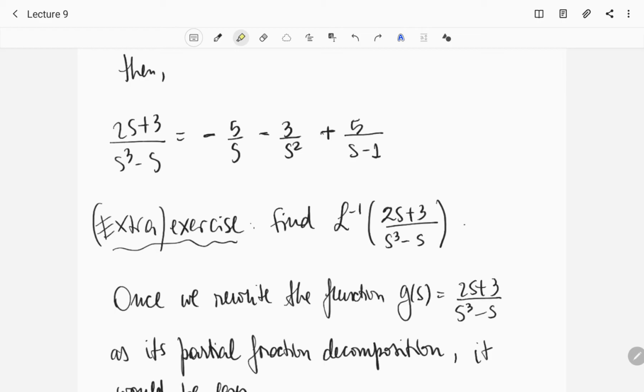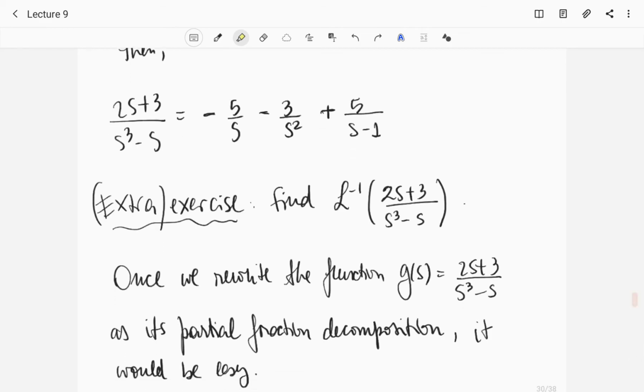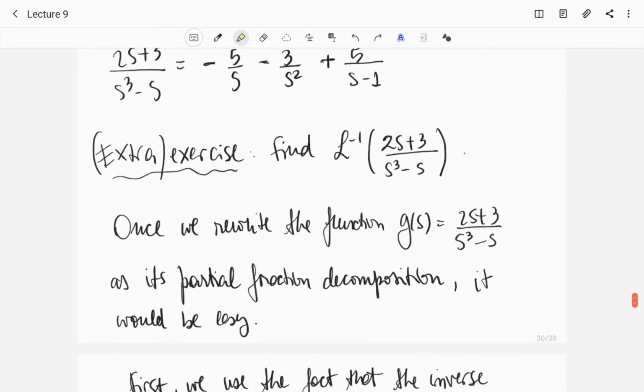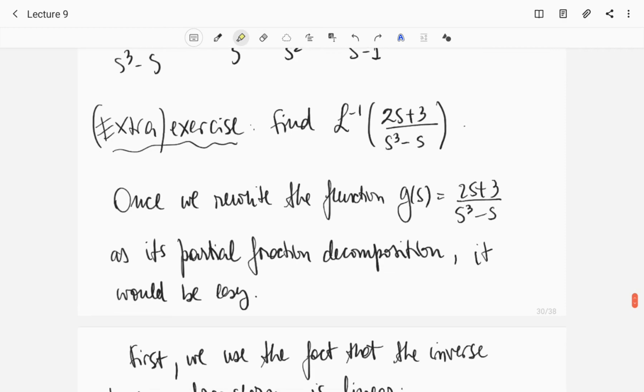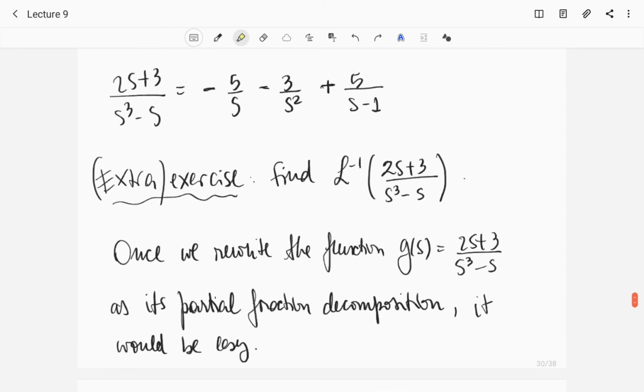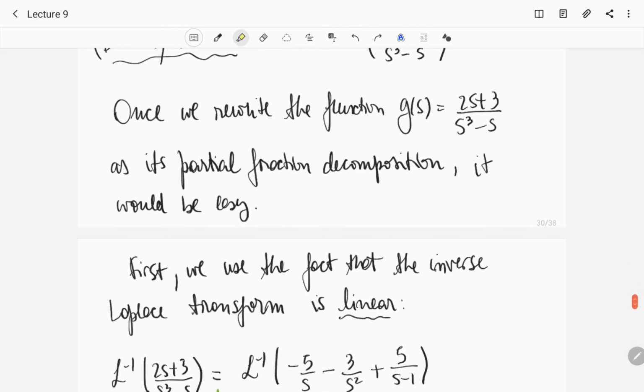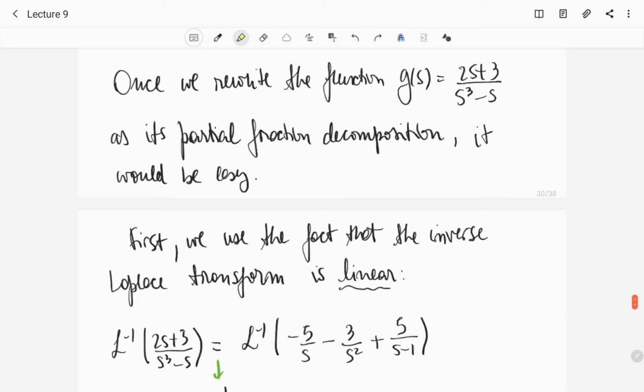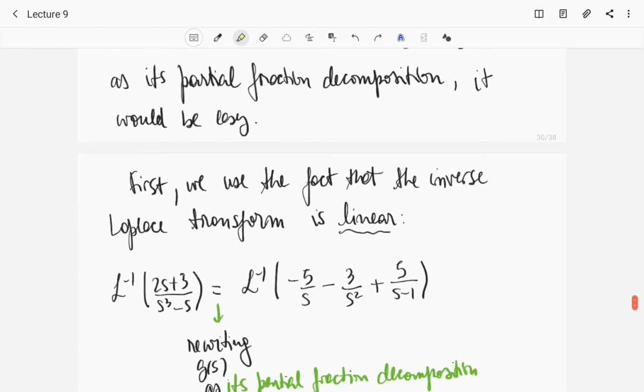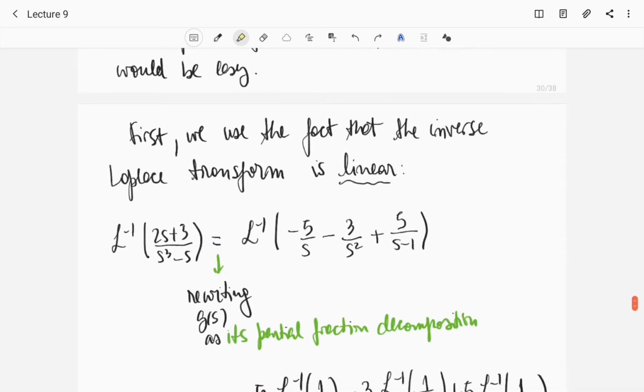Okay, so that's the reason why we rewrite this function as its partial fraction decomposition. That was just rewriting the function. Now the real exercise is, now that you have this expression, why don't you tell me the inverse Laplace transform of this function? The first step was rewriting this function as its partial fraction decomposition, to make this exercise